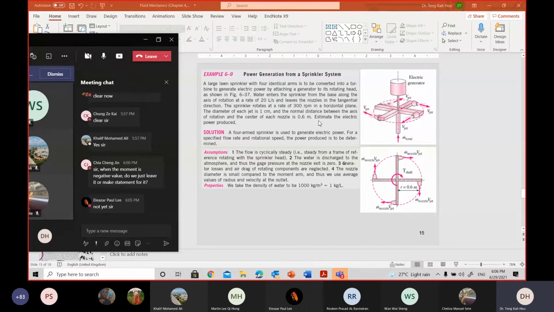And how to start? Because at the end, you need to estimate the electric power produced. So the question starts from water in total, split into 4 sprinklers, contributing to your rotation. This rotation contributes to your shaft rotation, and this shaft contributes to your electric power generation. So get this concept ready, drive your work plans, and then you should be able to get what you want. Okay, just try on this. Thank you.